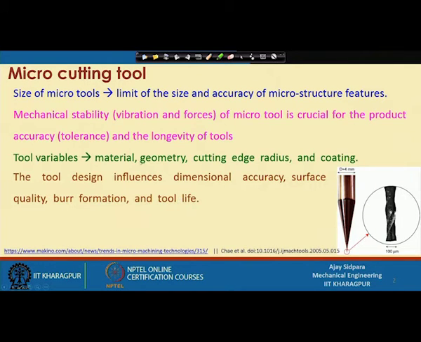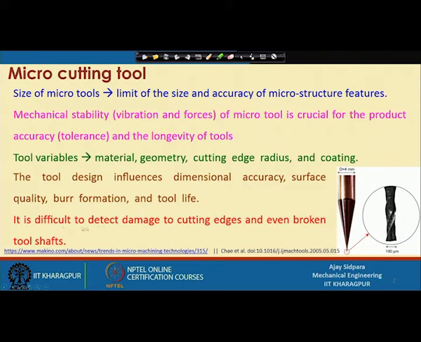So, we have to finalize which way we can get this, and many times some of these parameters are very contradictory, because we know that the sharper the cutting edge radius, the more easily we can remove the material and go down and down in terms of uncut chip thickness. But if you make it more and more sharp, the material available for cutting is very little, and it will directly affect the coating, and the geometry is also very difficult to create with sharp features. So, we have to come to a compromise in such a way that we can get the maximum benefit of these influences.